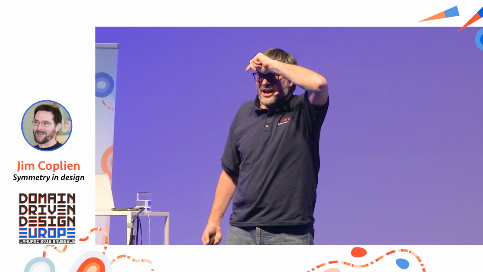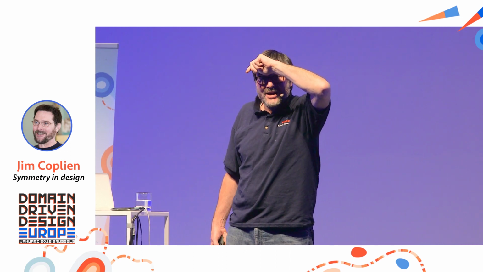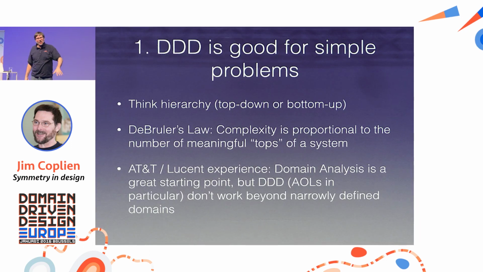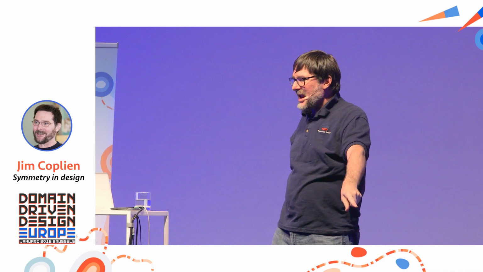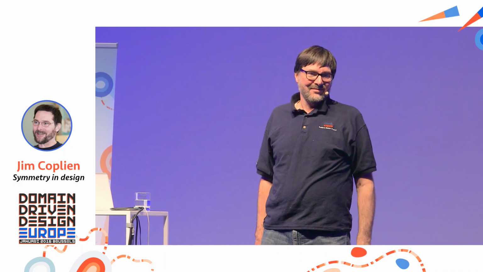But they're going to be breaking symmetry, and putting a lot of things in place from a whole other top. Their top is a security top. Complexity is proportional to the number of distinct, meaningful tops of a system. And in domain analysis, you pick one, we call it a domain, or usually the domain, when in fact the system is usually living in multiple domains and they're not disjoint. That line of code is both in the system integrity domain, the maintenance domain, and the call processing domain. It's not hierarchical.